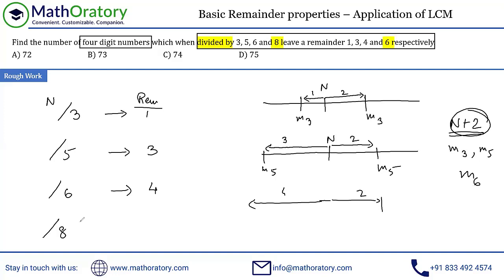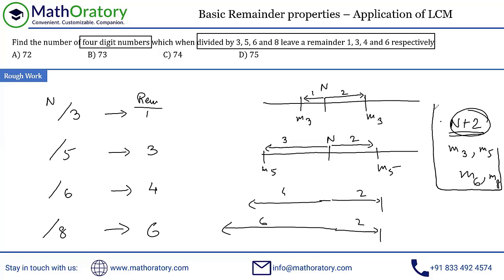Similarly, if I check the last information, divided by 8, the remainder is 6. Same idea, 6 steps back, 2 steps forward, because dividing by 8, right? So this is a multiple of 8. So n plus 2 is also a multiple of 8. So now what we know is this n plus 2. Let me write this a little bit properly. So this is a multiple of 6 and a multiple of 8, right? So this n plus 2 is actually a multiple of all of these numbers, right? This 3, 5, 6, and 8. So now comes that understanding of LCM.